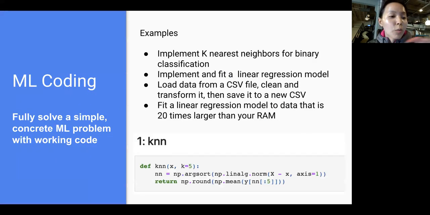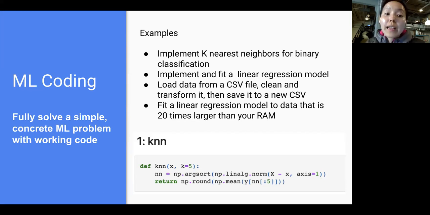Next, we're going to move on to specific examples of each kind of question. Number one is ML coding, ML algorithms. An example would be: implement K-nearest neighbors for binary classification. Another example is: implement and fit a linear regression model.